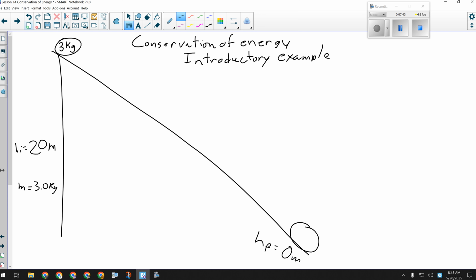I'm given one other thing. Okay, I am given that. Wasn't what I was thinking of, but you're absolutely right. The ball is sitting at the top of the hill. Initial velocity, what is it? 0.